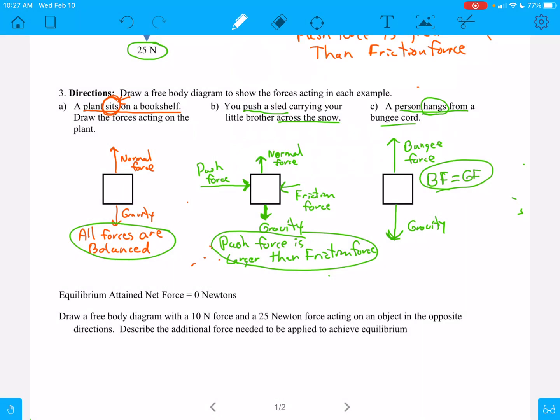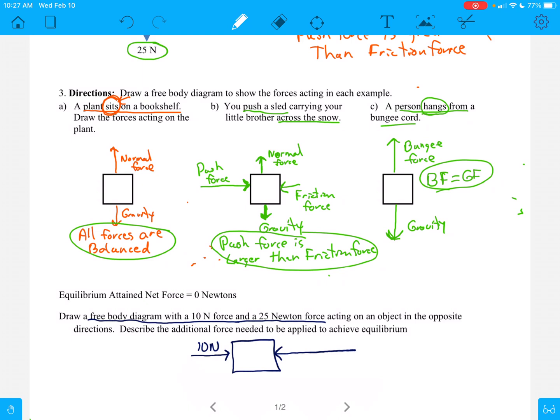So this one says, draw a free body diagram with 10 newtons of force and 25 newtons of force acting on an object in opposite directions. Okay, so I'm going to draw a box. There's the object. And we're going to have 10 newtons going in this direction. So I write an arrow and put 10 on it. And then on the other way, it's going to be in opposite directions. So I'm going to make this one longer